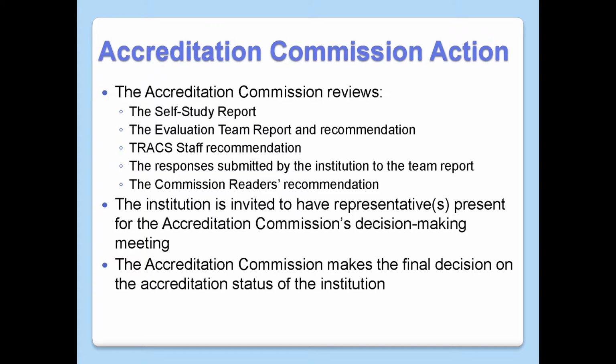So what are some of these things that the commission will consider when taking action? Well, first off, they're going to view the self-study report from the school itself. That same self-study that you evaluated. They're going to want to take a look at the team report that you wrote. They're going to want to take a look at the recommendation that was given by the team. They also want to look at the recommendation from the staff. The staff recommendation will be based on the response of the institution on that matrix that they get back. They'll take a look at the matrix as well.